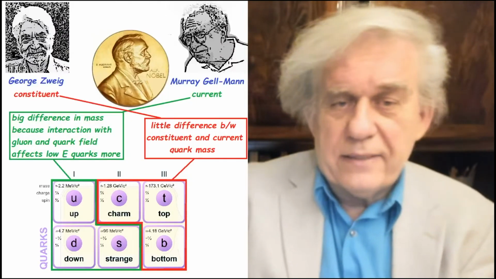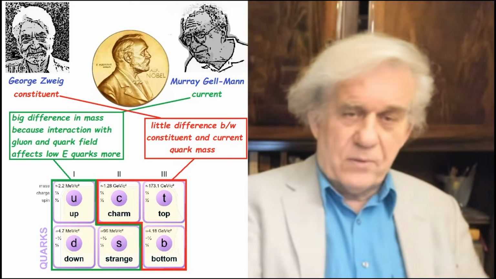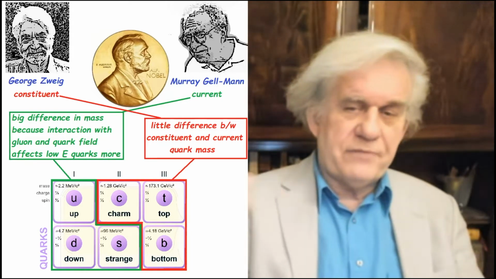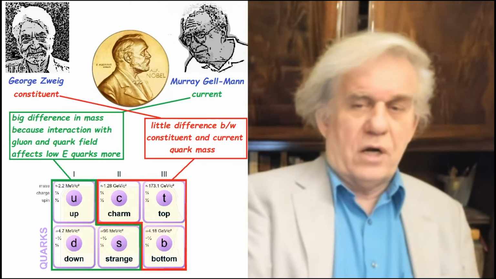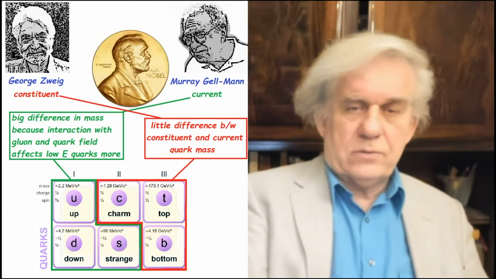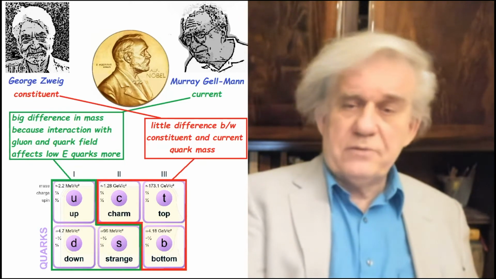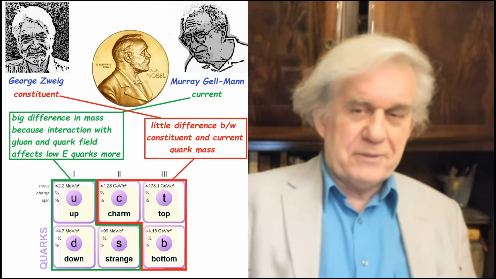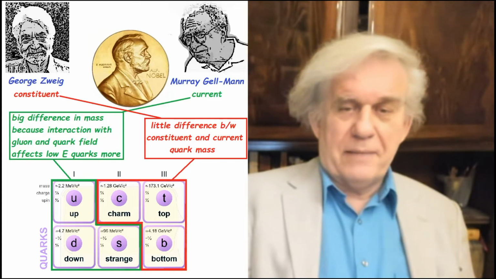There was a little fight with one of his mentors. His name was Murray Gell-Mann. And Murray got the Nobel eventually for the quarks and not Zweig. Why? Because they had two different types of notions of what quarks are. And in the case of Zweig, he's really the guy who came up with it, and he claims, or he insinuates, that he was robbed of the Nobel by Murray Gell-Mann.